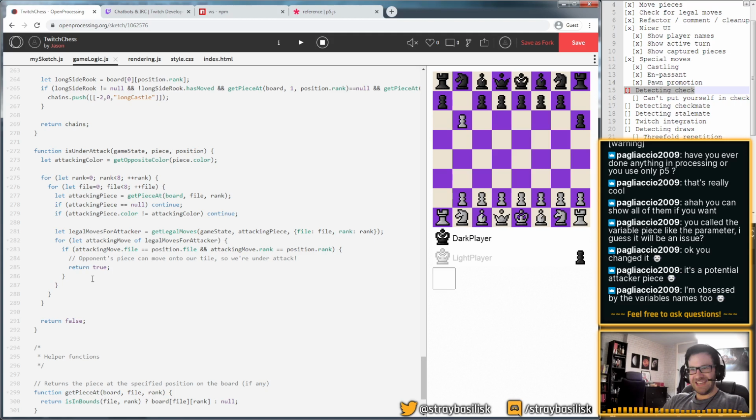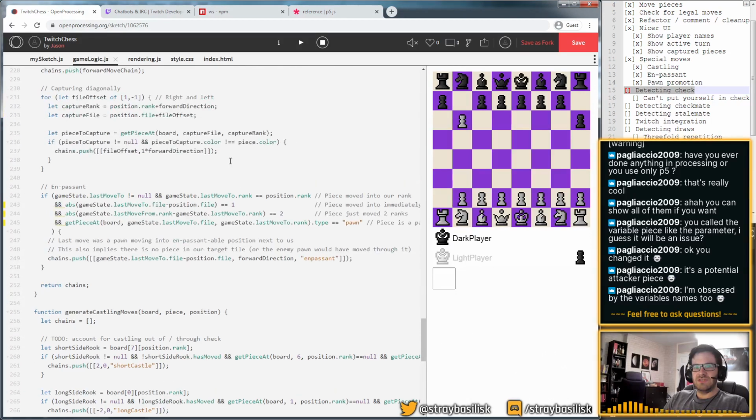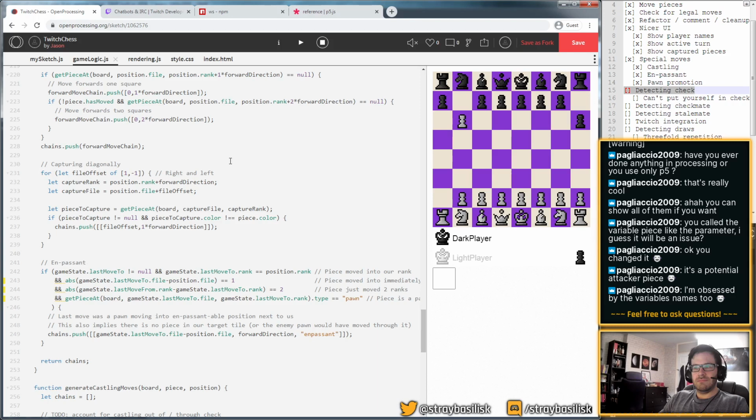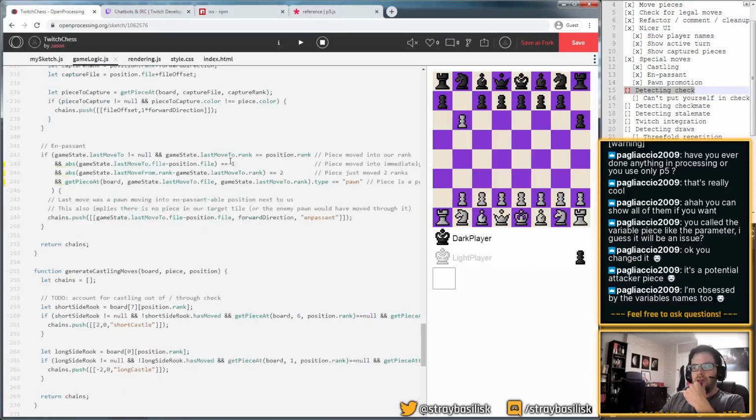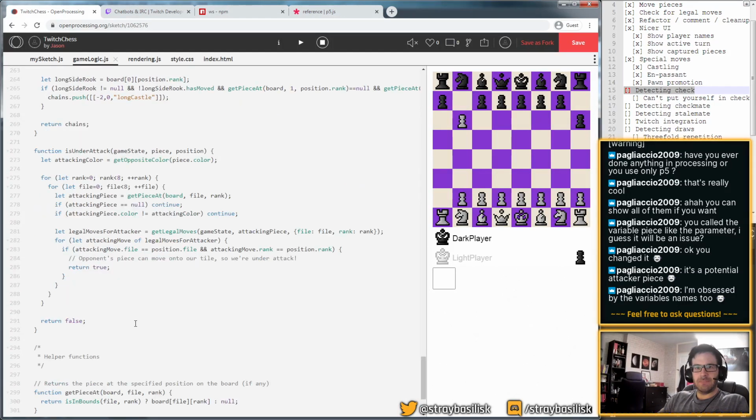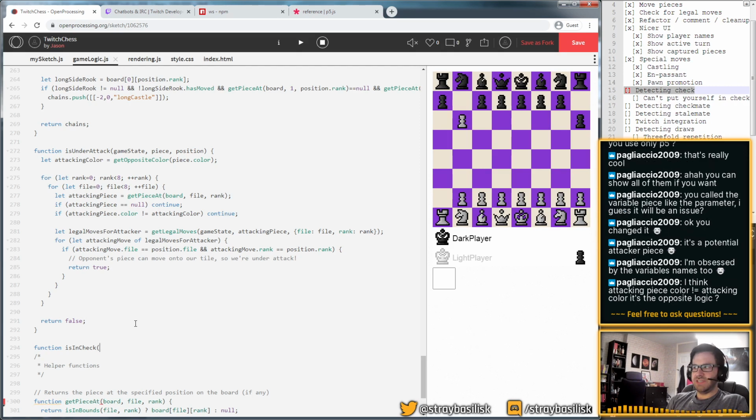The question is, can you see the bug here? Like, can you see the edge case which we're not considering? It would be nice to... Okay, let's... I kind of wanted a way to visualize or test this somewhere. Maybe I can just do... Okay, let's go straight to is in check because that would be a nice way to kind of test this.